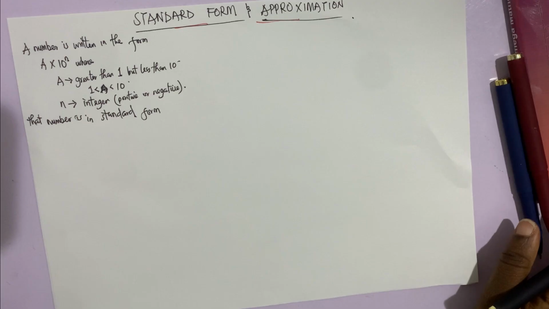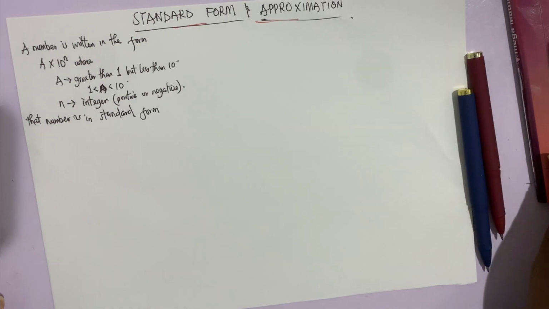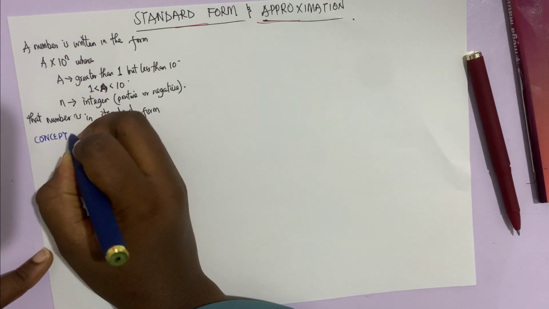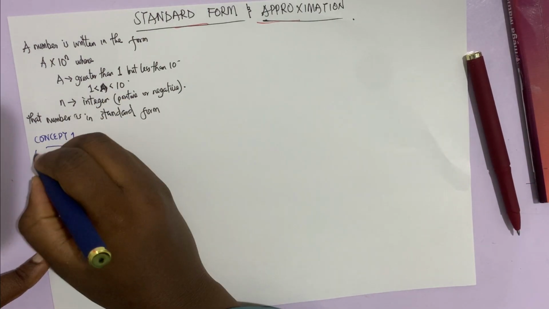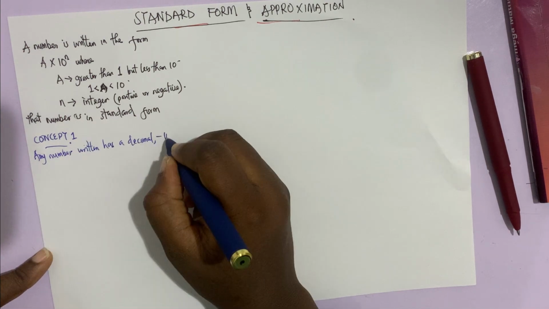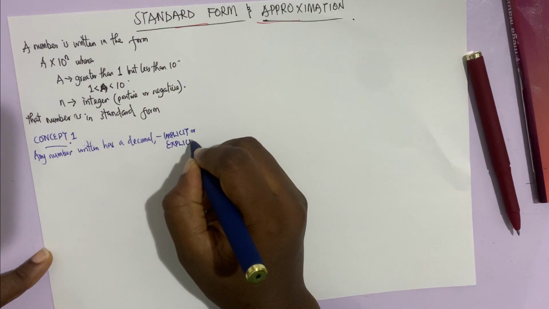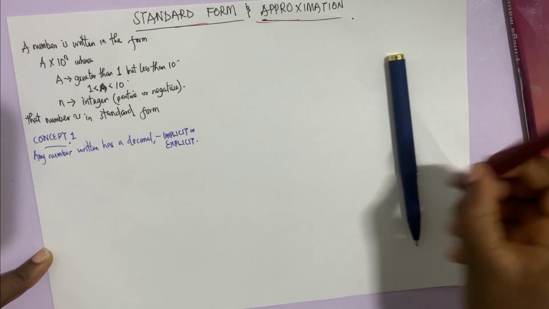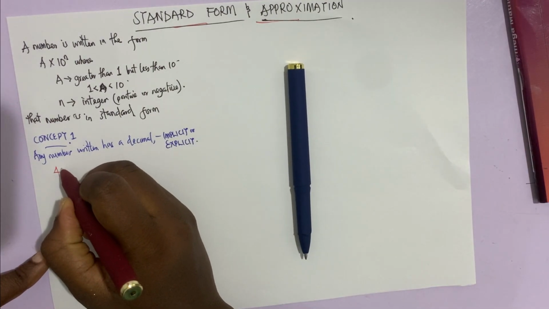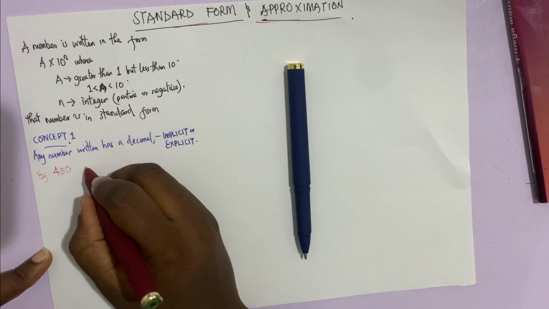First thing is that any number written has a decimal point. Either it is implicit or explicit. That's the first concept that I want you to know. Concept 1. Any number written has a decimal point, implicit or explicit. For example, if we have 450 is a number, we have